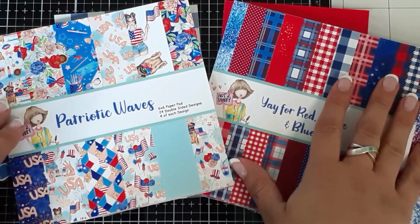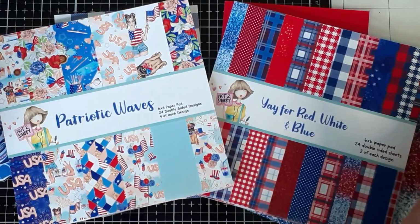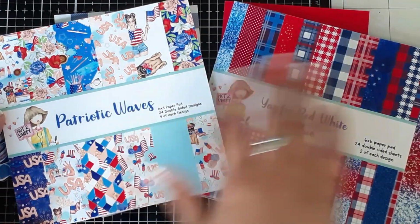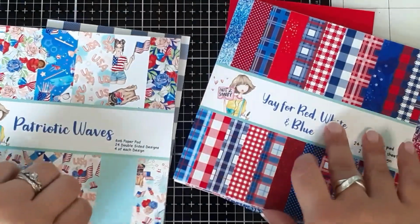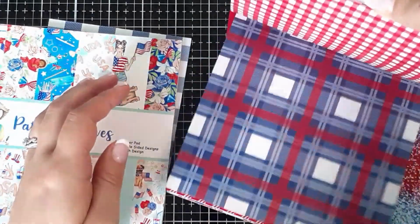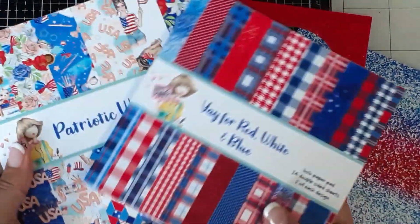Today I am working with the Not Too Shabby Shops Paper Pad Club of the month for May, and the two pads are Patriotic Waves and Yay for Red, White, and Blue. I am loving all of the summer. We finally just got a wave of some warm weather and I am loving the happy and patriotic and summery